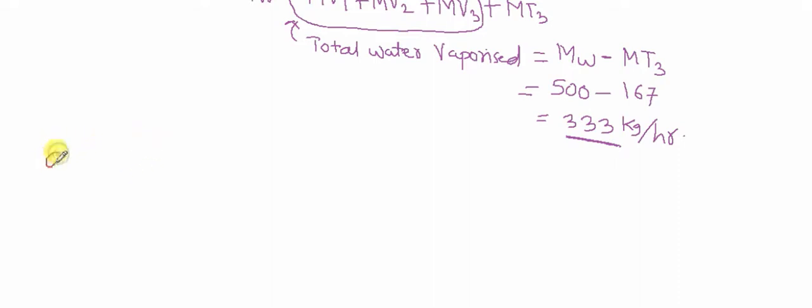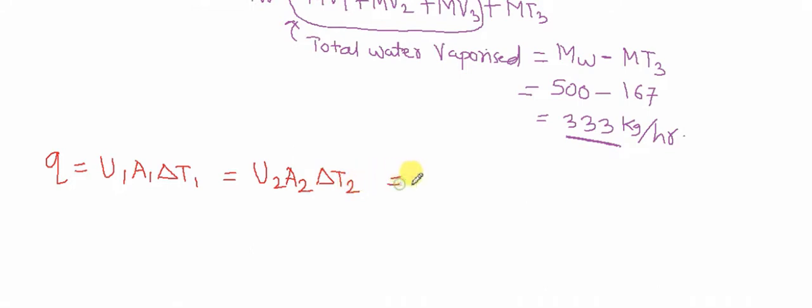The rate of heat transfer in the first effect evaporator is Q1 = U1 A1 delta T1, that is equal to the heat exchange in the second effect evaporator, U2 A2 delta T2, and that is equal to the rate of heat transfer in the third effect evaporator,